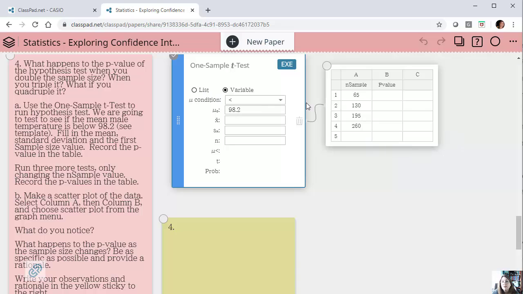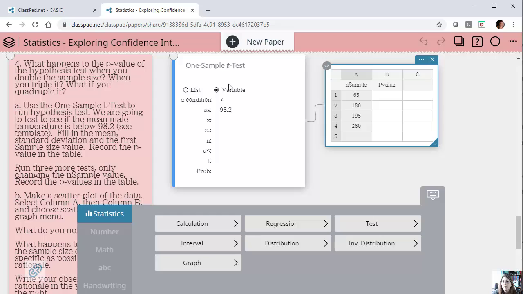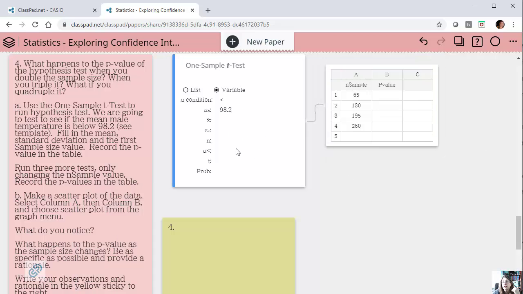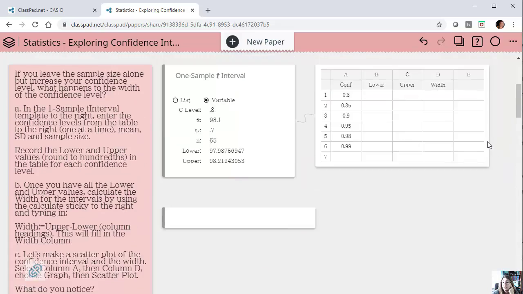All of these are simply coming from, let me just show you where I got this t-test. That would be here in the test menu, and you'll see that it is right here, one sample t-test. I just wanted to make sure everyone knew where these templates are coming from, but the templates are there, and students are simply going to fill in and change things and record their data. So lots of different statistical options going on here. We have a template for the testing. We have a table for them to collect the data. They're going to use that data to create scatter plots and make comparisons and some analysis. So lots going on, and it's all coming from the statistical menu in ClassPad.net.